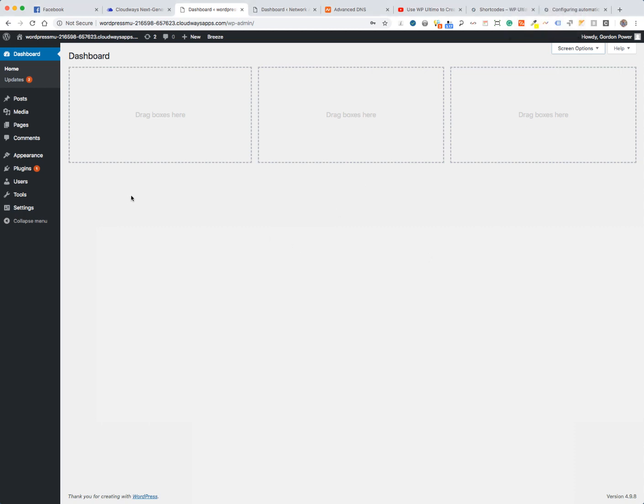So we want to set up our network now, because when we look up here, it's actually still just a single installation. We haven't actually set up the network yet, so that confused me the first time I was on Cloudways. I thought that once you hit the installer you have the network set up, but we've still quite a bit of work to do. So to set up the network, we need to